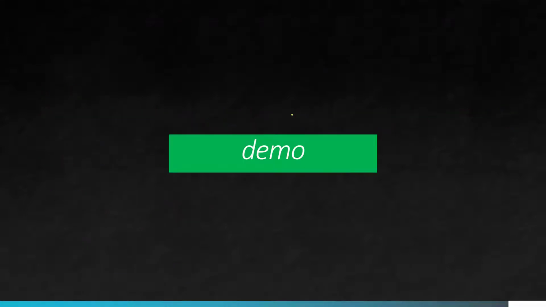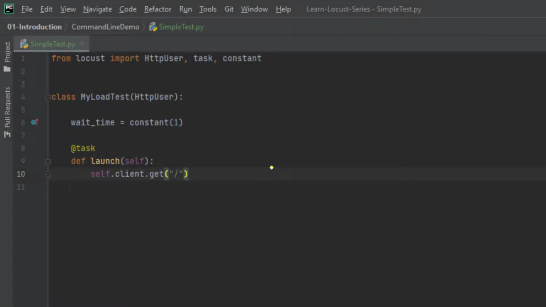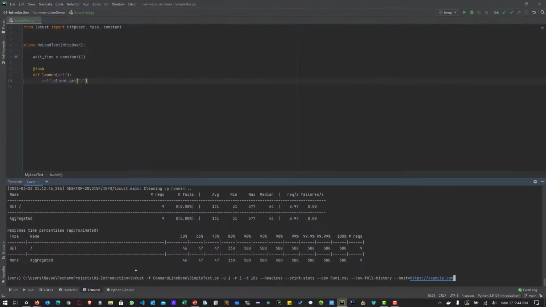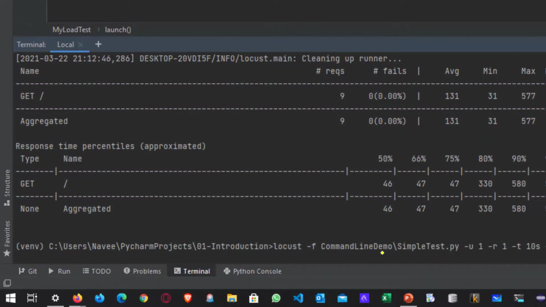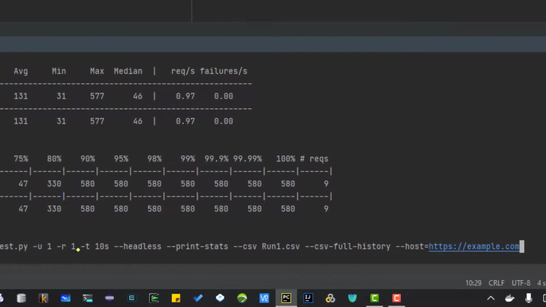Now we will see a quick demo of how we can leverage the command line options for CI/CD and other purposes. So this is my simple Python script which will hit the home page. You can mention the host name in the host parameter in the command line. So here in my command, I have tagged my Locust file, whichever script I want to execute. I can tag it using the -f, and I'm going to run with one user, spawn rate of 1 with the test duration 10 seconds. So here you can use h for hour, m for minute, and s for seconds.